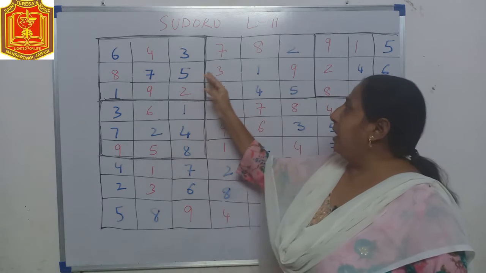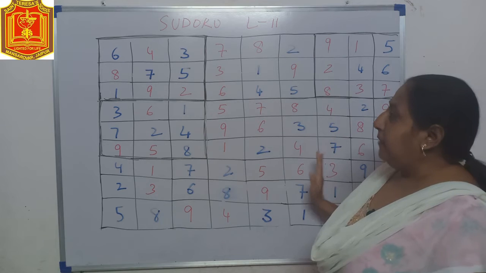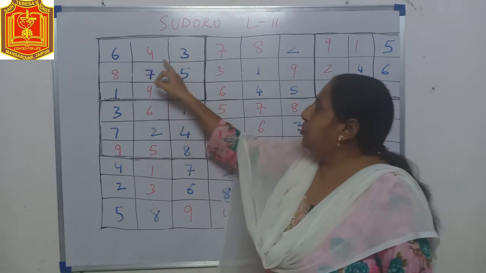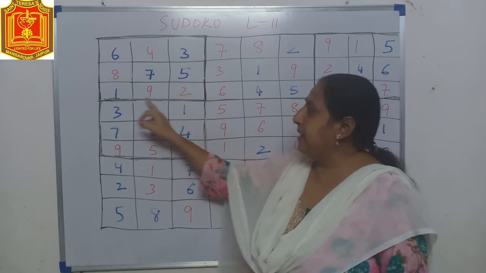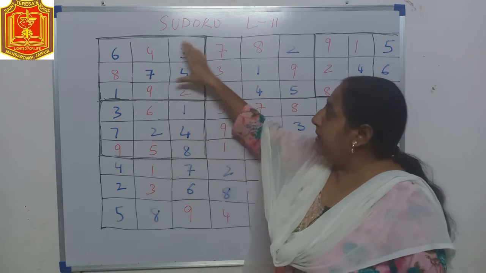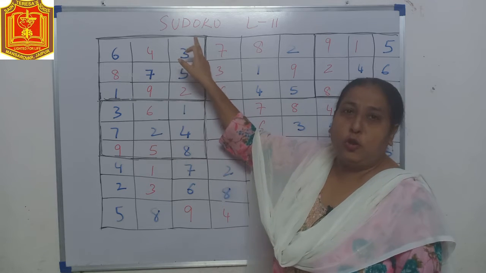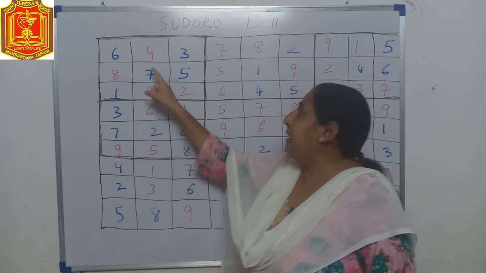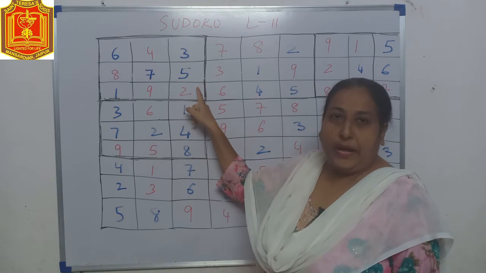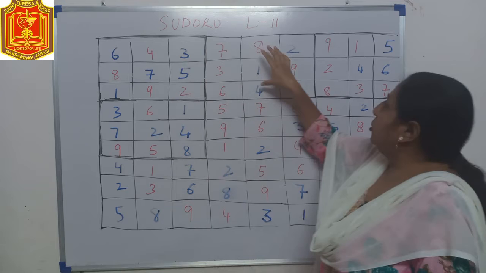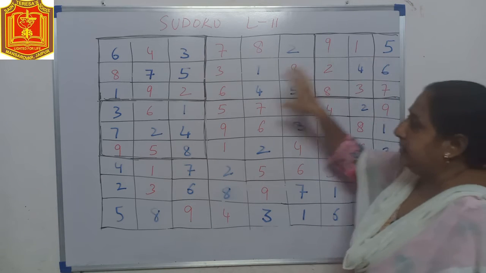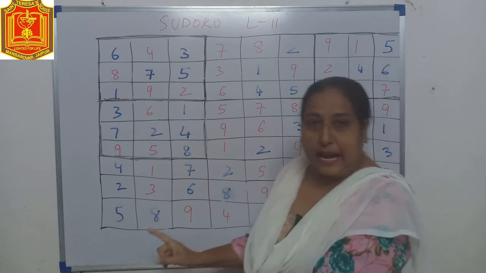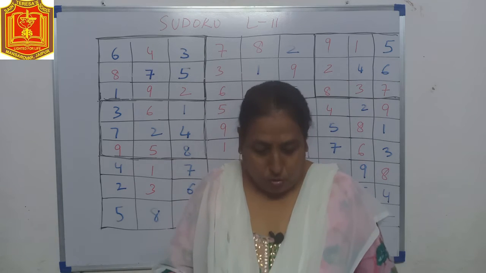Now, these 9 squares are further divided into 9 sub-squares: 1, 2, 3, 4, 5, 6, 7, 8, 9. In each small subdivision there are also 9 squares, and the numbers 1 to 9 will come once in each sub-square. So, there are 9 small squares and the whole thing is also 9. Okay, so that is your Sudoku.